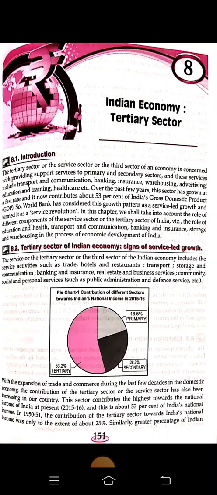So you can see there is a pie chart given where we find the primary sector, secondary sector, and tertiary sector, and you can see the contribution of the tertiary sector at present in India. This is India's GDP. The grey part, 18.5%, is the primary sector contribution in GDP. The black portion, 28.3%, is the secondary sector's contribution. And the pink portion, more than half of the circle, 53.2%, is the tertiary sector's contribution in GDP.